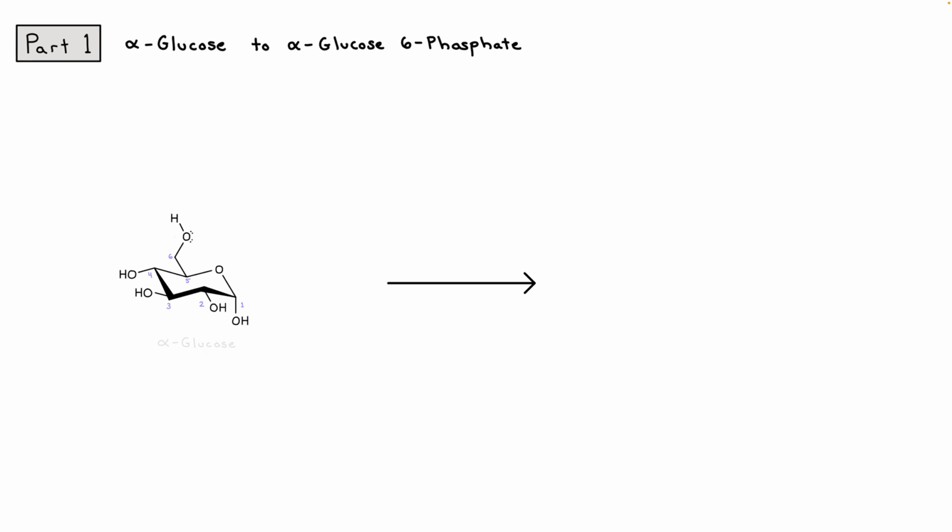This reaction is going to transform alpha-glucose into a molecule called alpha-glucose-6-phosphate. And notice that the difference between these two molecules is a group that's on that carbon number 6. That group is the phosphate. Phosphate has 3 roles. So we're going to put a phosphate group on that carbon number 6, and that's going to accomplish 3 things. The first thing is that the phosphate is going to prevent glucose from being able to